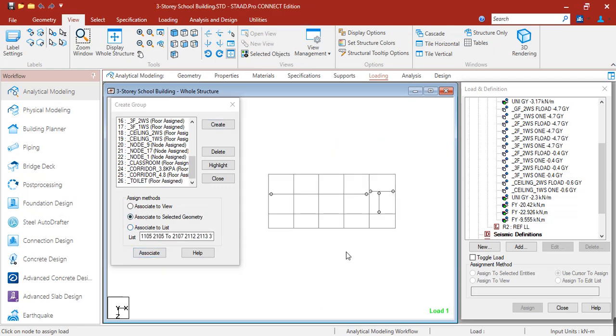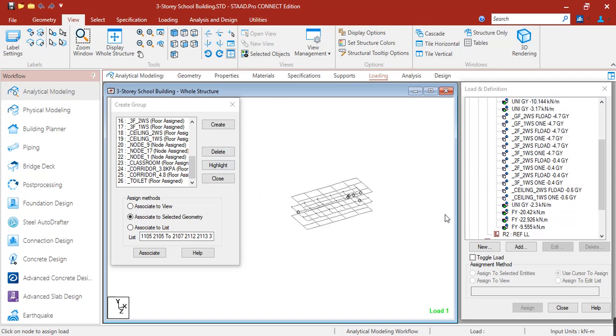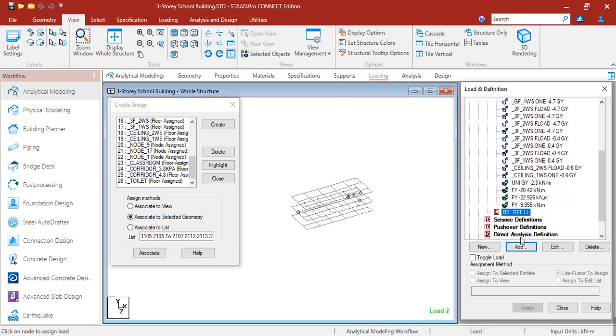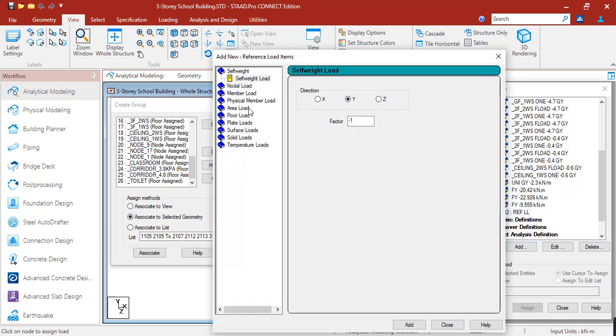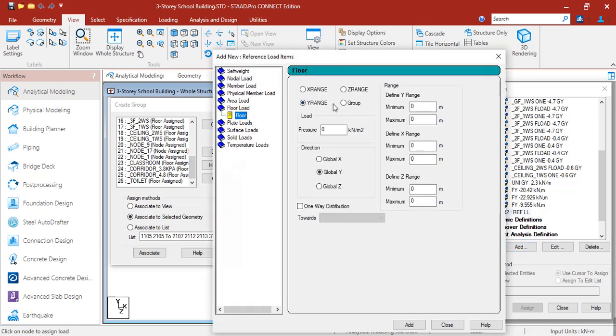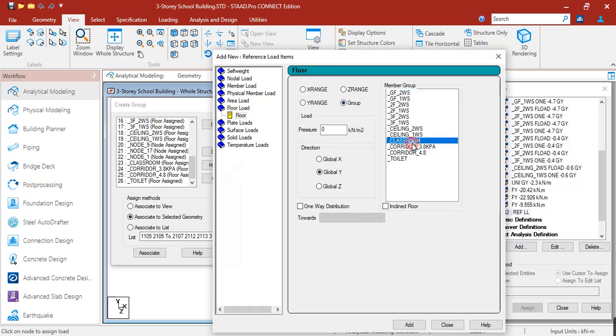After that, let's set up the live load for these groupings. Under reference live load, let's click add. Then on the floor load, let's click group, then classroom. The pressure is -1.9. Then global Y. This classroom is two-way, so you do not have to check the one-way distribution. Click add.